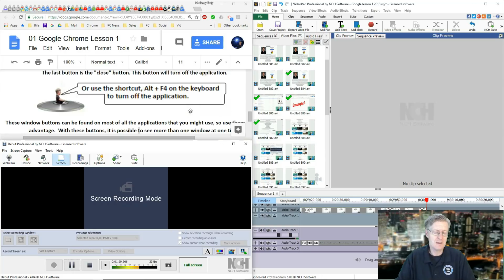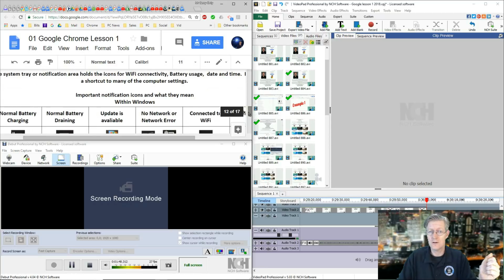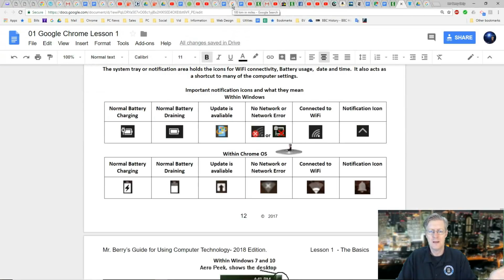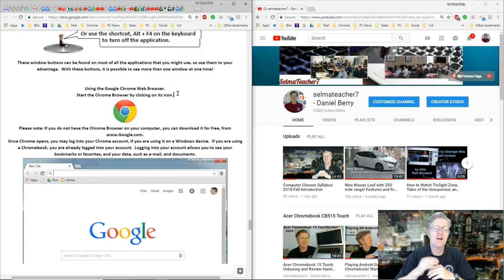If I had 2 displays, then I can have 8. Now there's really no limit on how many applications you can have running at one time in front of you, as long as your computer doesn't crash, and as long as you don't get confused by having all this work in front of you. It's a great way to use your desktop to the fullest. So you could have a movie or something else playing here while you're doing your email or doing Facebook or whatever you do on your computer. Now if I wanted these to be minimized, I click on the minimize icon. If I wanted this to be maximized, I click on maximize, and it takes up the full screen again.